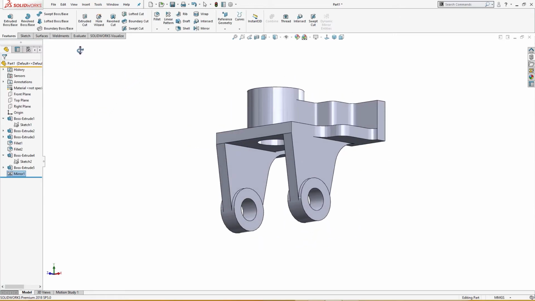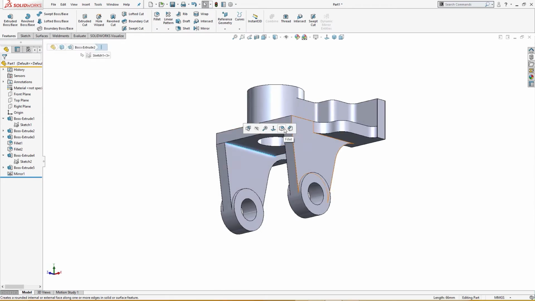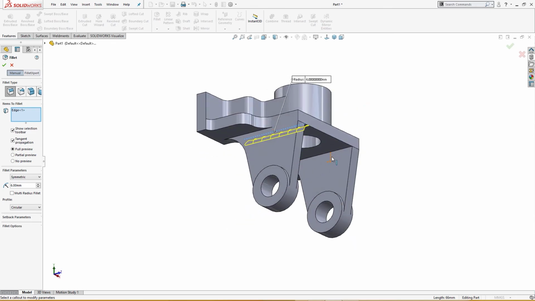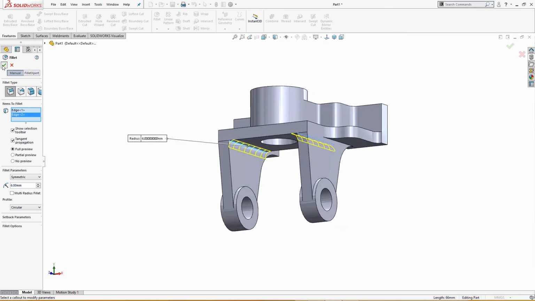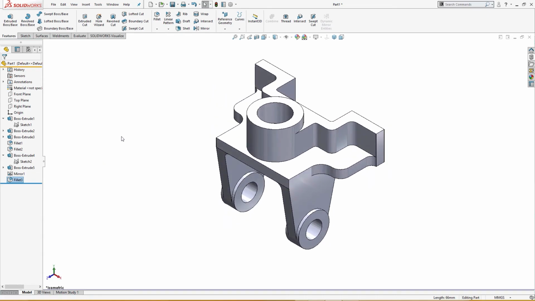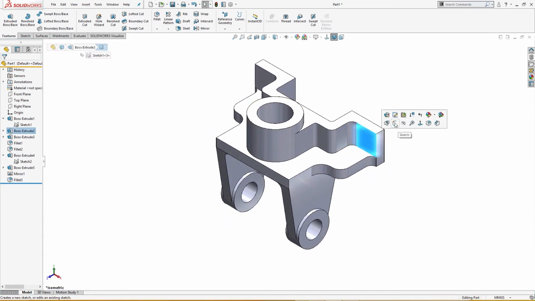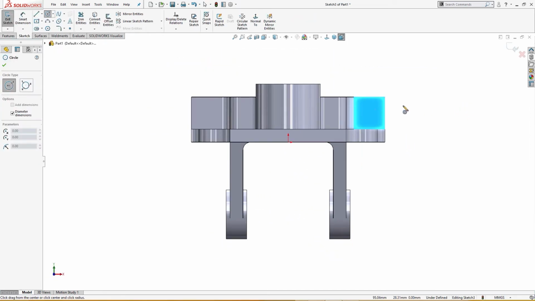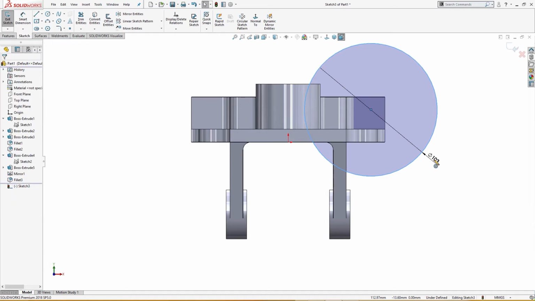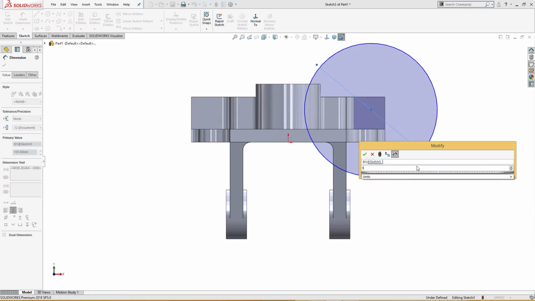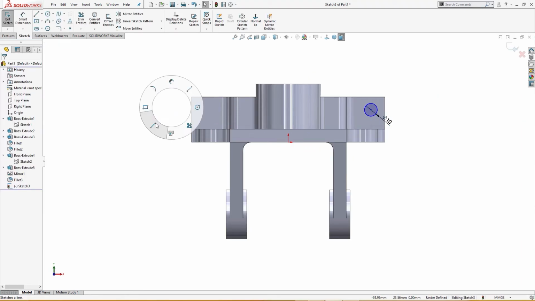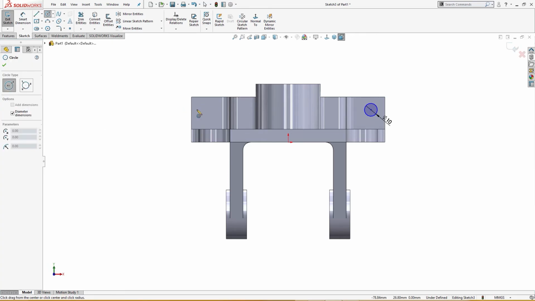now here is the fillet of 6 millimeter, 6 millimeter fillet here, and 6 millimeter fillet here. Okay, the part is done. Yes, there are holes here, 2 holes. Let me draw holes here of 10 millimeter, 10 millimeter. Okay, and I will draw another circle here,